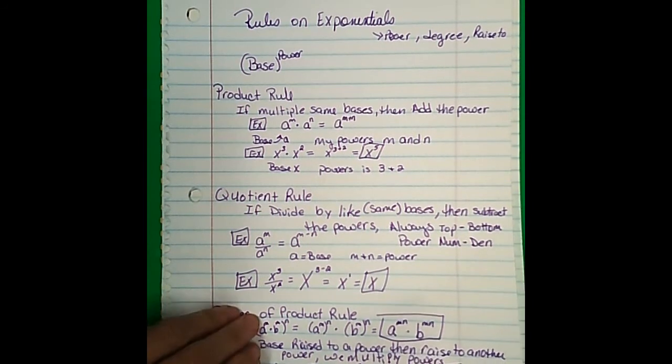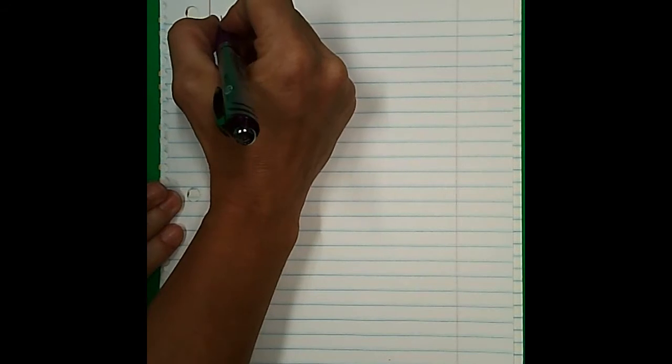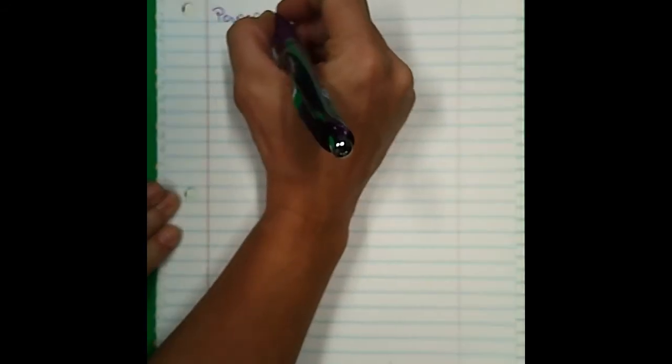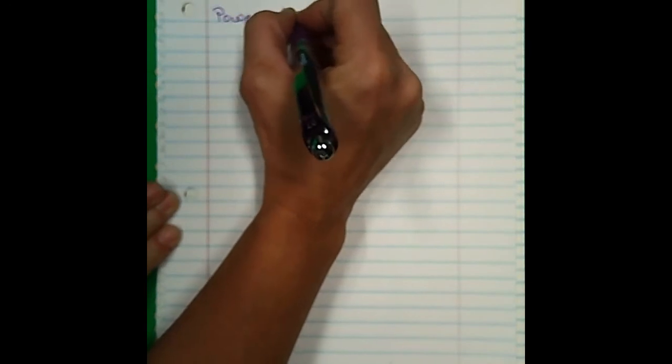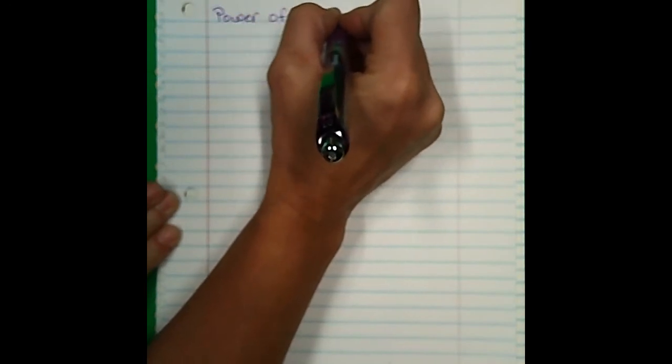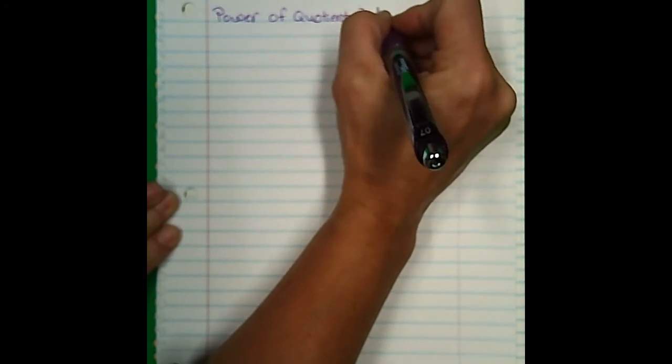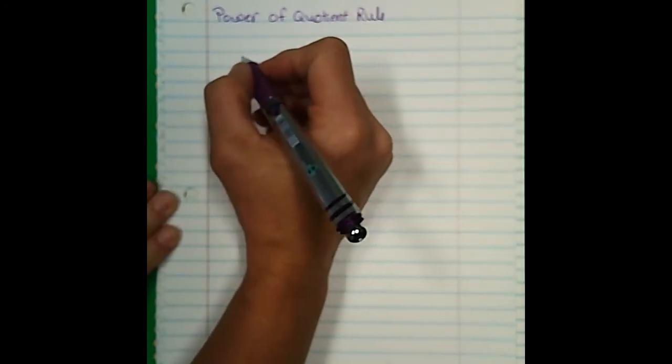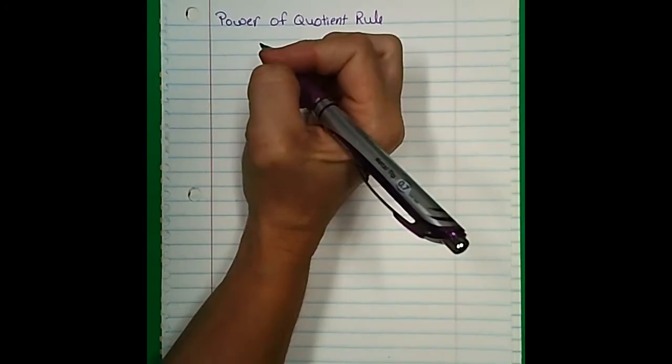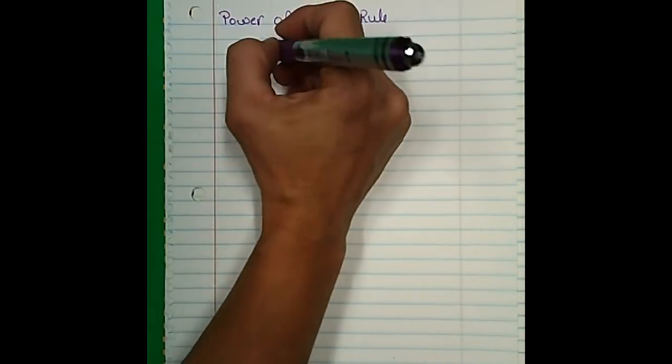So now let's look at the power of quotient rule. Sorry, it's a little blurry. So the power of quotient rule says that we have